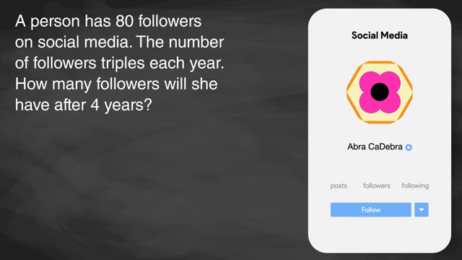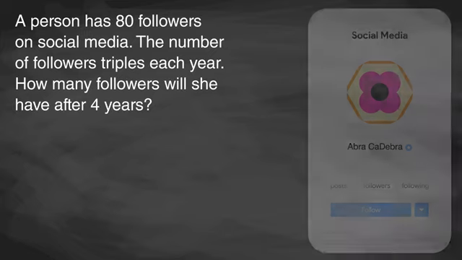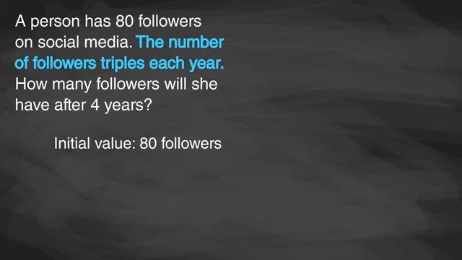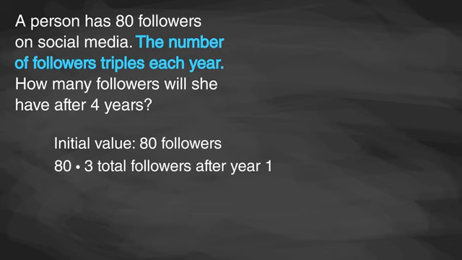When writing a mathematical expression to represent a verbal description, you need to look at all the information provided. The phrase, "A person has 80 followers on social media," provides the starting point or initial value. The phrase, "The number of followers triples each year," means that you are multiplying the number of followers by 3 each year. To answer the question, how many followers will she have after 4 years, you would need to multiply